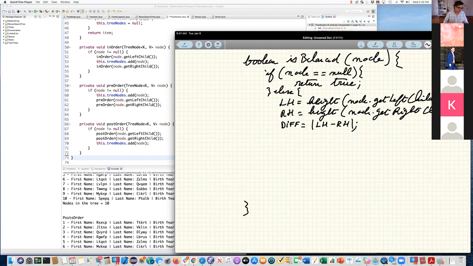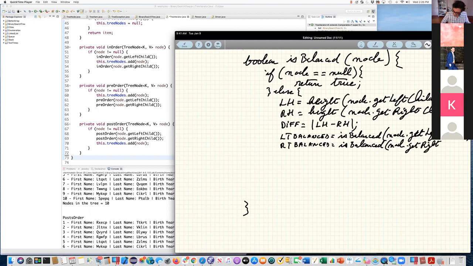And now I'm gonna set left tree balanced equal to isBalanced of node.getLeftChild. So I know not only do I need to measure the height of my left subtree, I need to also see if my left subtree and my right subtree are both balanced. Node.getRightChild.